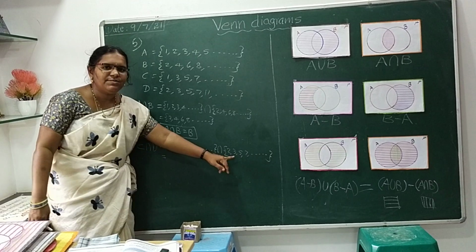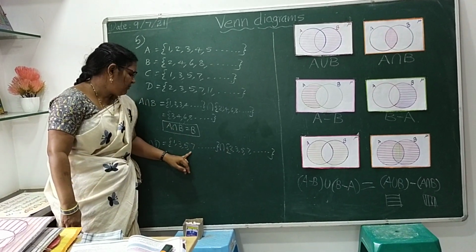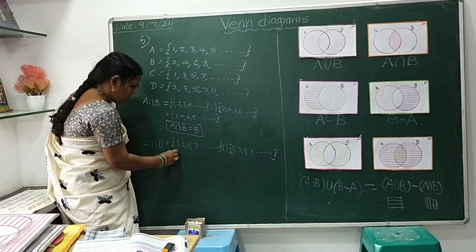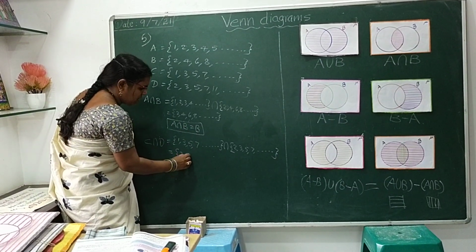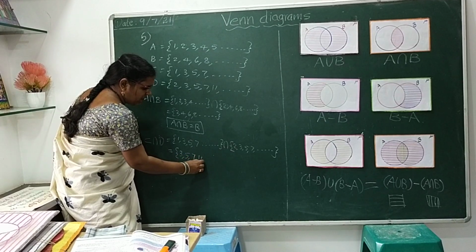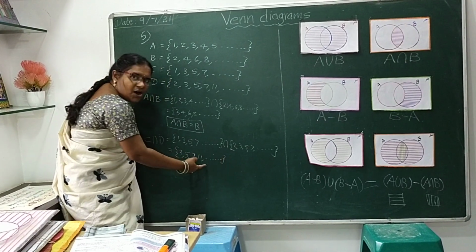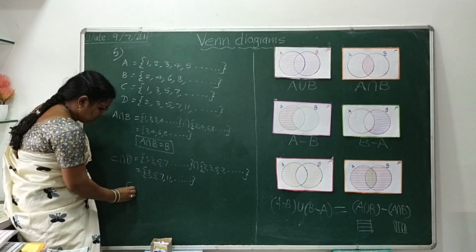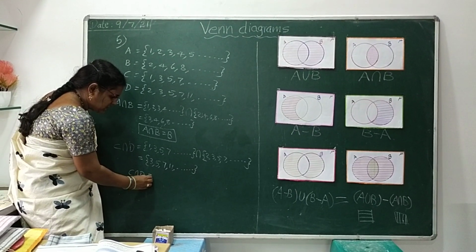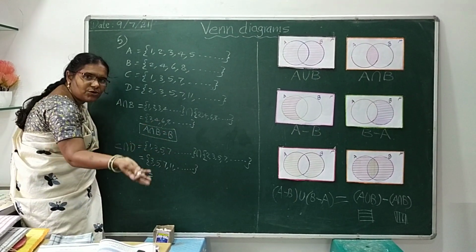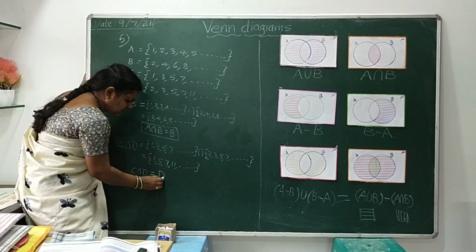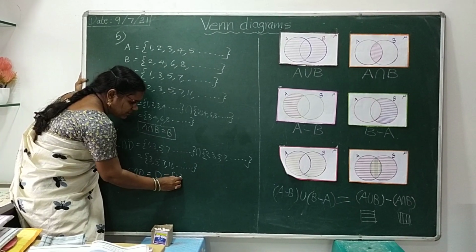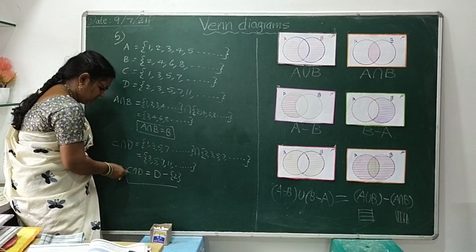That means what are the common elements in these two? 3, 5, 7 and so on. All will come. Then what can we write as the common elements? 3, 5, 7, 11 and so on. Means all prime numbers will come except 2. Then how can we show that? C intersection D is equal to, from prime numbers we have to remove 2. That means the prime number set D minus the set {2}. Like this we can mention.